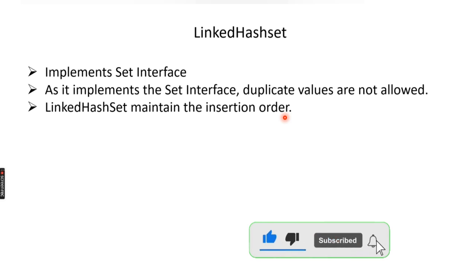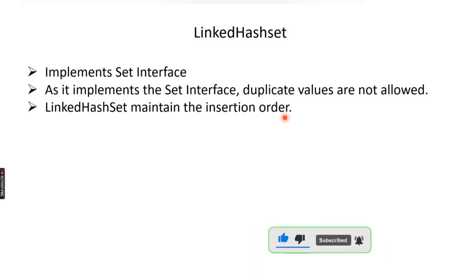So whenever there is a requirement where you want to store unique elements and also maintain the insertion order, then you can use the LinkedHashset. What is the main purpose of LinkedHashset? LinkedHashset is an ordered version of HashSet that maintains a doubly linked list across all elements. So when the insertion order needs to be maintained, LinkedHashset can be used. Let's see in a practical demo how we can declare the LinkedHashset and how we can add elements inside the